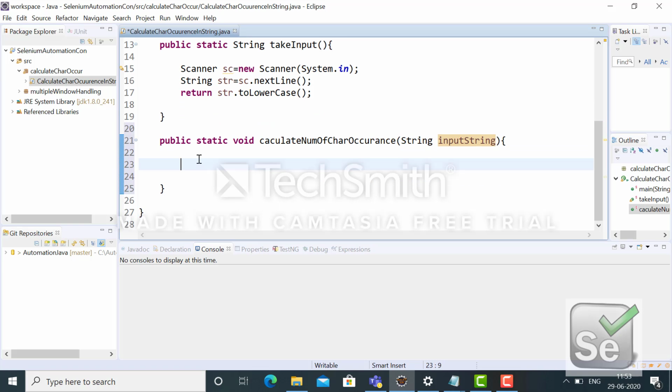Now I will have a string which has been converted to lowercase, but it has a space as a delimiter, so I have to split it by space and store it in a string array.